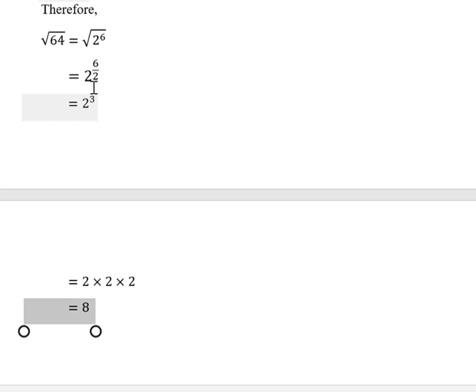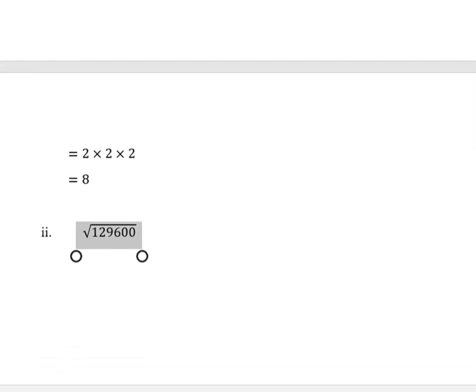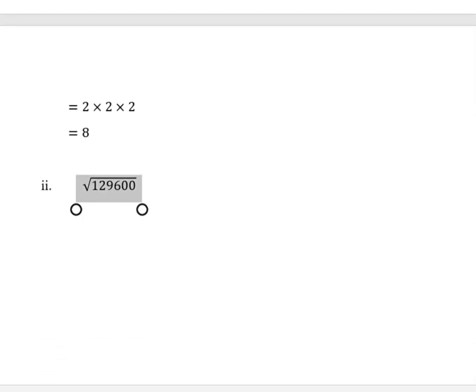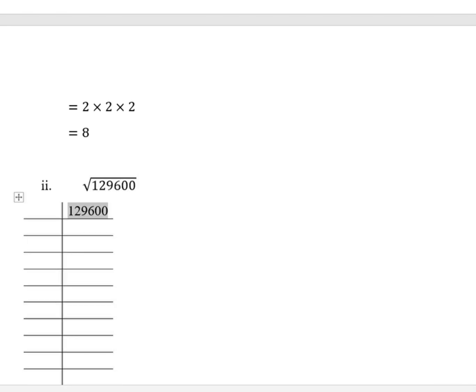Then the next example is to find the square root of 129,600. We first start by writing it as a multiple of its prime factors. The least prime factor that can divide this number is 2. So divide by 2, you get 64,800, which still can be divided by 2. So you divide by 2, you get 32,400, which still can be divided by 2. Divide that by 2, you get